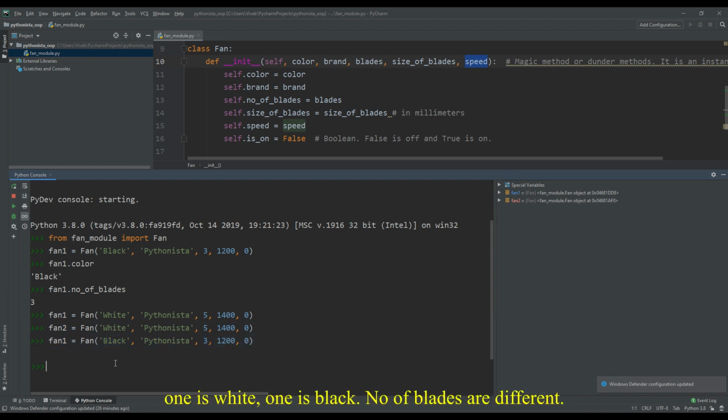One is white, one is black, number of blades are different. So you see now this init is acting with custom arguments. We can give whatever values we want while creating the object, and it will have those custom values for those attributes in that object.